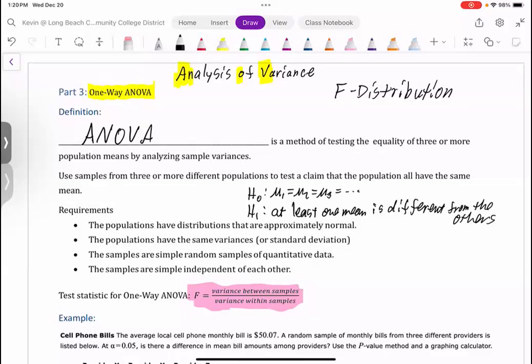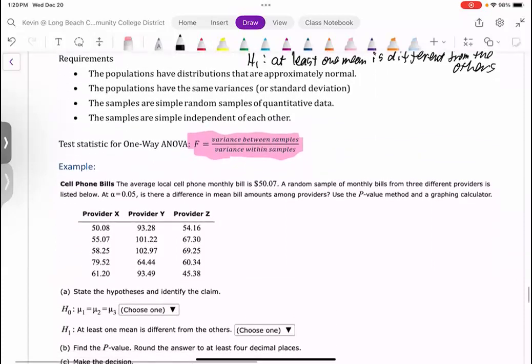All right, the assumptions: populations have distributions that are approximately normal. Populations have the same variances or standard deviation. The samples are simple random samples of quantitative data, and they're independent of each other. And here's our test statistic. Again, I'm not going to dwell on the F portion of it, but what we are going to need to do,